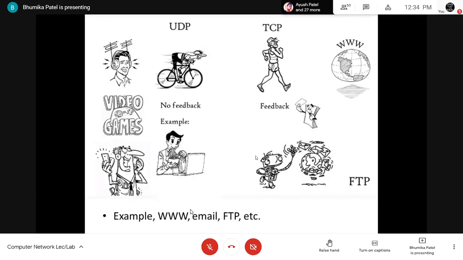For example, I am sending a file and some of the data is missing. Obviously you cannot reassemble all those segments into the original data. So we are not getting the actual file because some of the data is missing. At that moment we can use TCP. UDP is used in real time applications, where even if some data is lost it makes no difference, but where we compulsorily need all the data, we are going to use the TCP protocol of the transport layer.